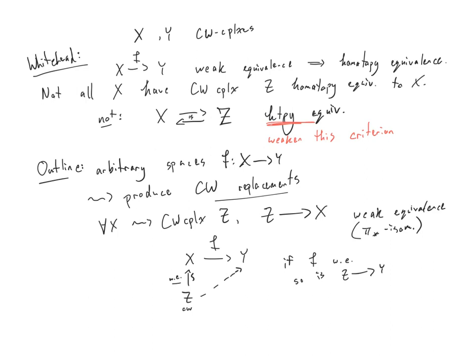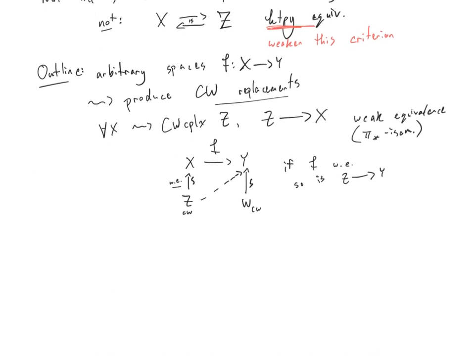But if you replace Y by, well, I've run out of letters, let's say W, that's also a CW complex, and this is our weak equivalence. You don't necessarily know that you can lift this map that lands in W back to a map in Y, because weak equivalences don't necessarily come with inverse maps. So on the level of spaces, you can get some sort of lifting of Whitehead with this technology that we're going to build, to say that,